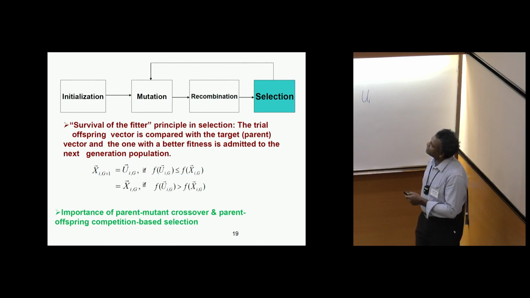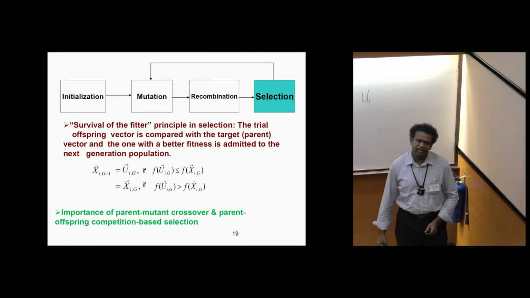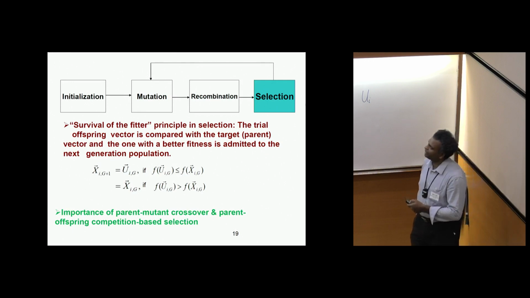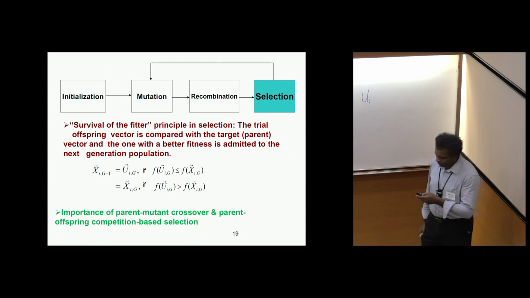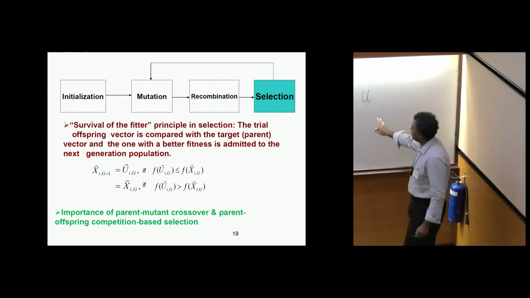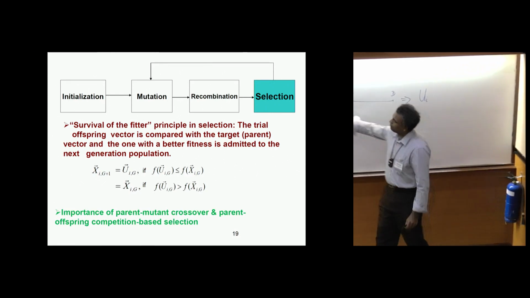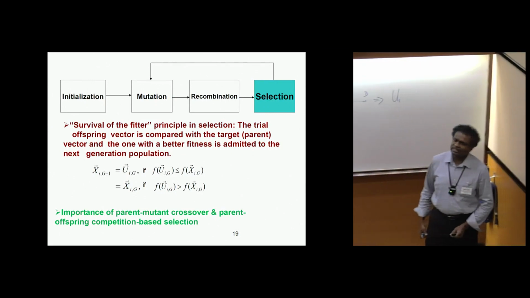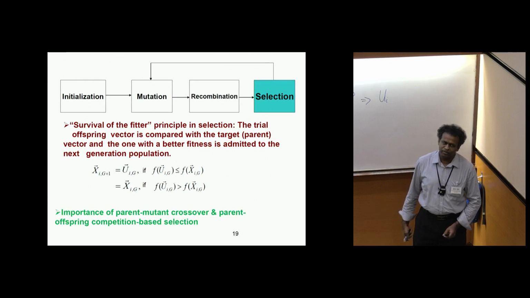When we use smaller and higher, we are looking at a minimization problem, so your objective is to minimize. When the offspring has a smaller objective value, we take the offspring. So in differential evolution, the competition is done between the parent and offspring. We keep either the offspring or the parent in the population. We don't keep both of them, and you can see why we don't want to keep both of them,